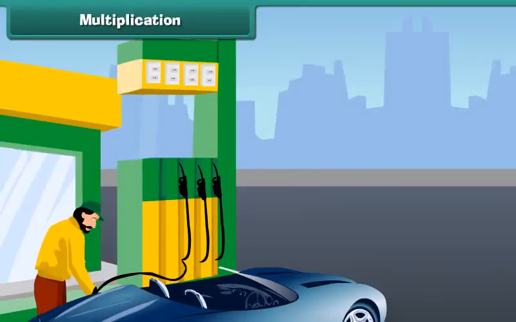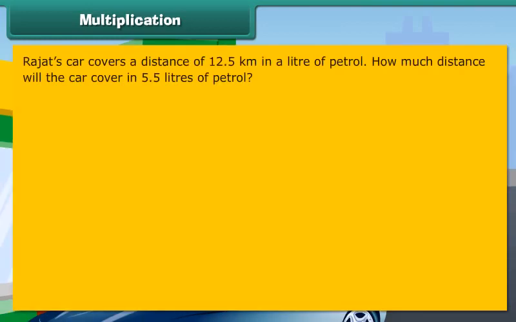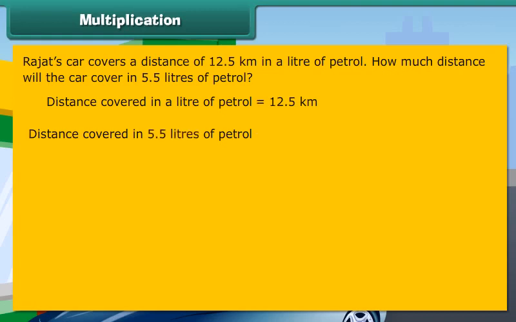Distance covered in 5.5 litres of petrol is 12.5 multiplied by 5.5. First, we multiply 125 by 5. Then we multiply 125 by 50. We add the two products to get